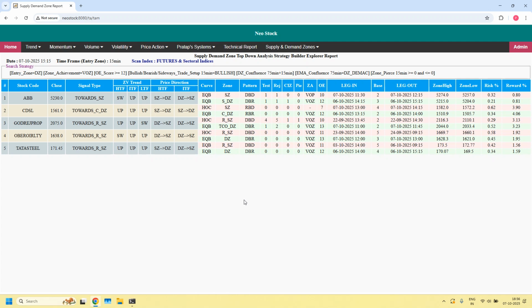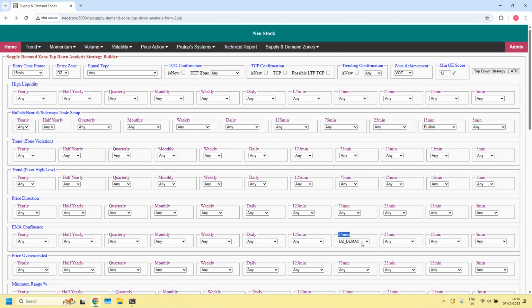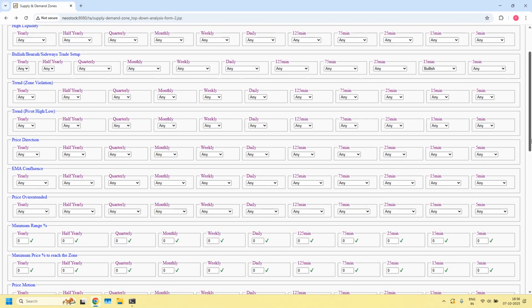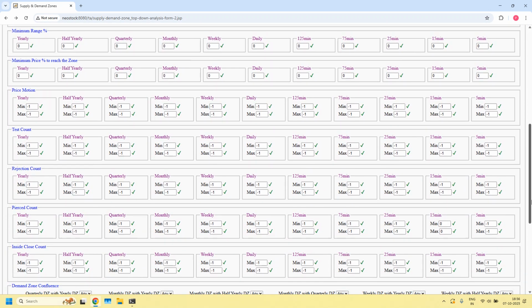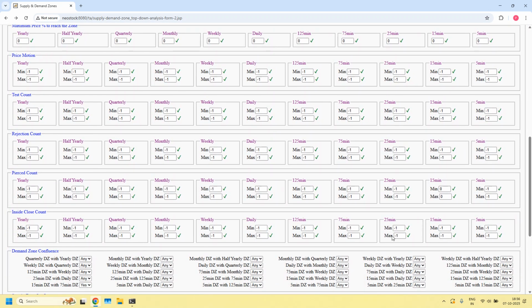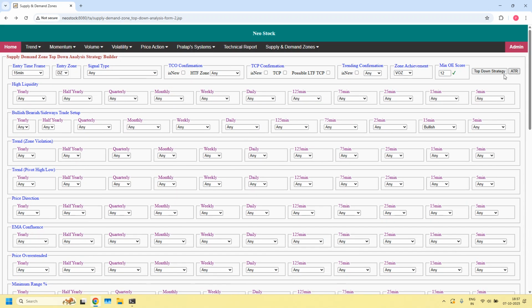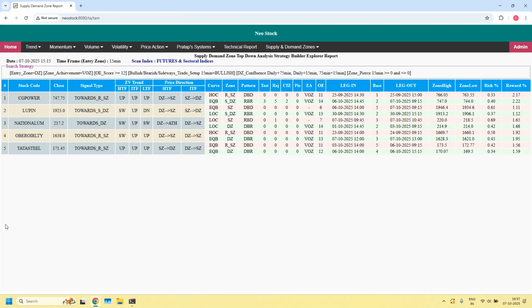Okay, as per the second strategy, LTF, ITF, HTF demand zone confluence and HTF EMA confluence. Removed ITF EMA filter. In the demand zone confluence, 3 filters I am setting: 15 minutes and 75 minutes, 15 minutes and daily, 75 minutes and daily demand zone confluence. By enabling all the 3 filters, we got 5 stocks. In all the 5 stocks, all these 15 minutes demand zones are overlapped with 75 minutes demand zone, both together